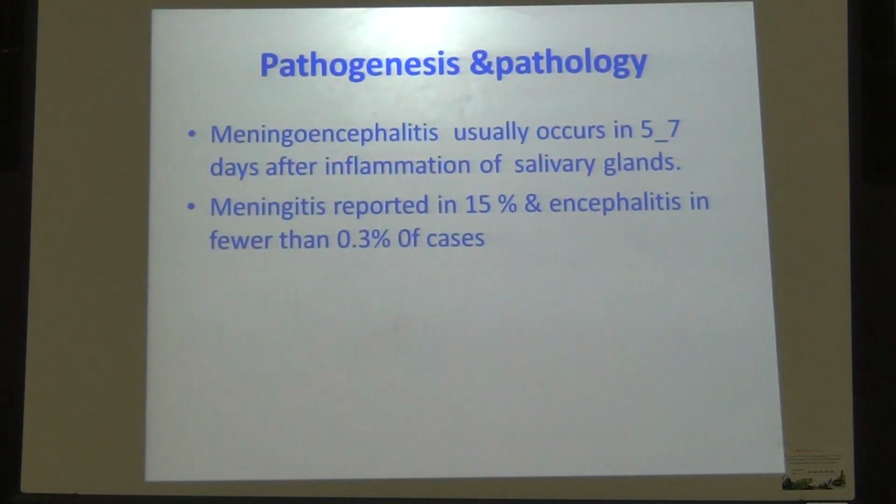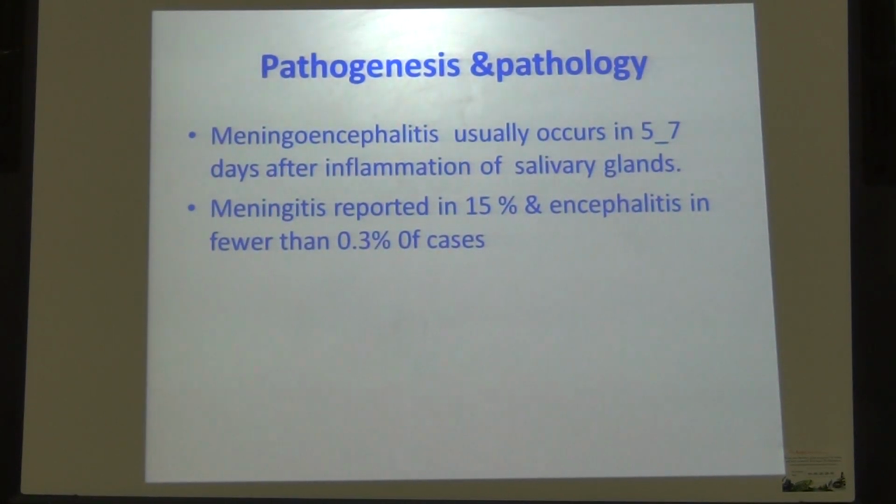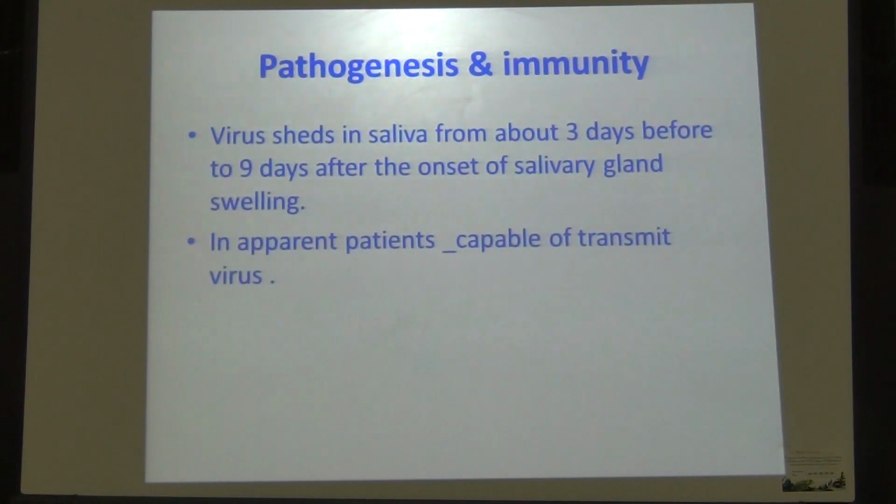Meningoencephalitis usually occurs 5 to 7 days after inflammation of the salivary glands. Meningitis is reported in 15% and encephalitis in fewer than 0.3% of cases. Virus is shed in saliva from about 3 days before to 9 days